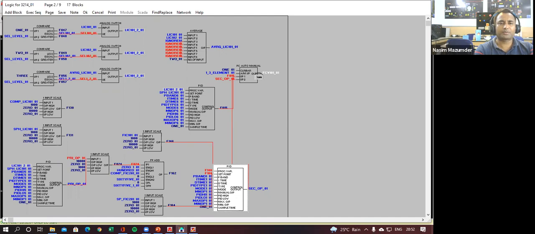And this will be a PC auto manual, meaning if it is auto, then input 1 will be going to my output. If it is in manual mode, then input 2 will be fetched to my output. So either input 1 or input 2.